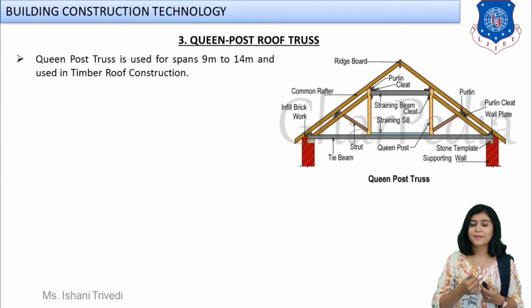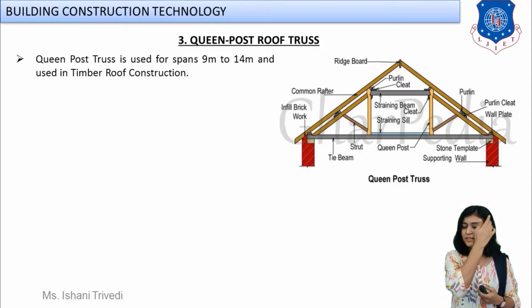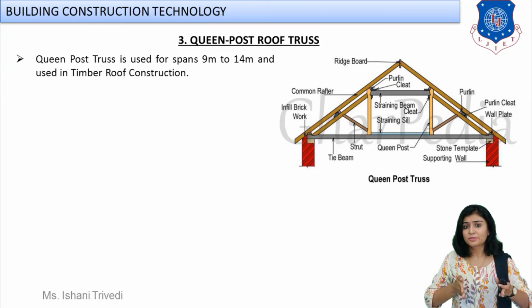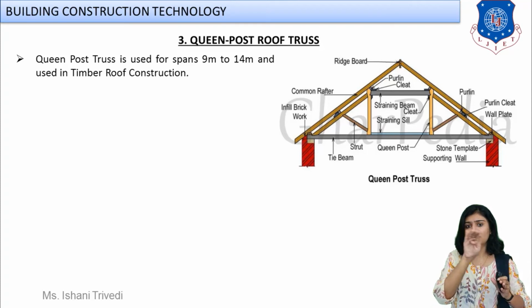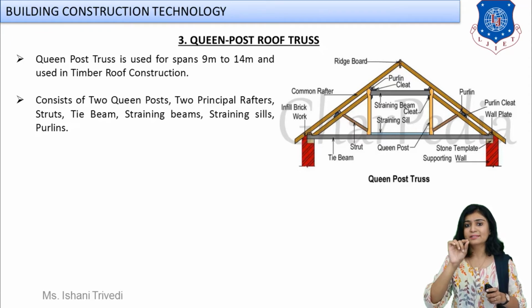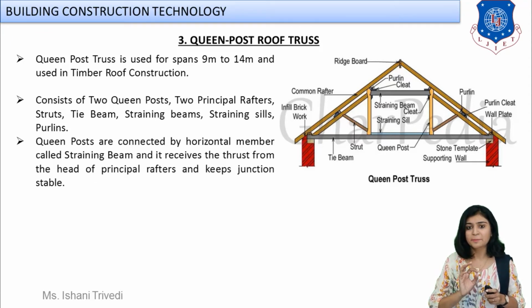Now let me just tell you to spot the difference between king post and queen post truss. Spot the difference. What can we see over here? In the king post truss, the center vertical post was provided. But here, 2 vertical struts are provided. There is no diagonal bracing. Instead of that, these 2 vertical struts are connected with horizontal struts. The tie beam remains the same. Here we are going to call the tie beam as the straining beam. We are just giving it a name. Otherwise, all the things remain same.